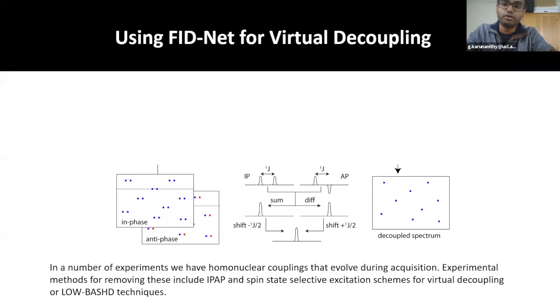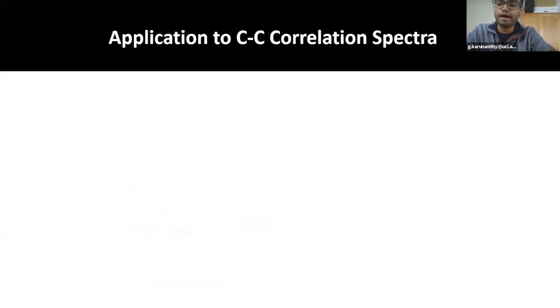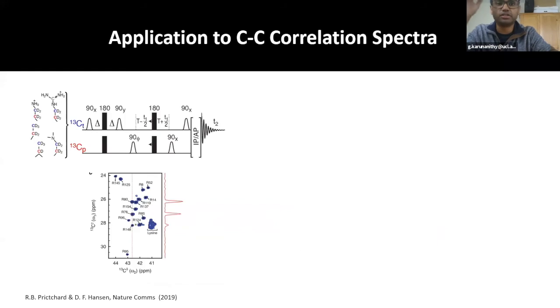But we thought, well, can we make things a bit easier by just taking, say, an in-phase spectrum, applying a deep neural network and getting a decoupled spectrum out, and then we've kind of halved the effective minimum phase cycle of the experiment. And so we first applied this to